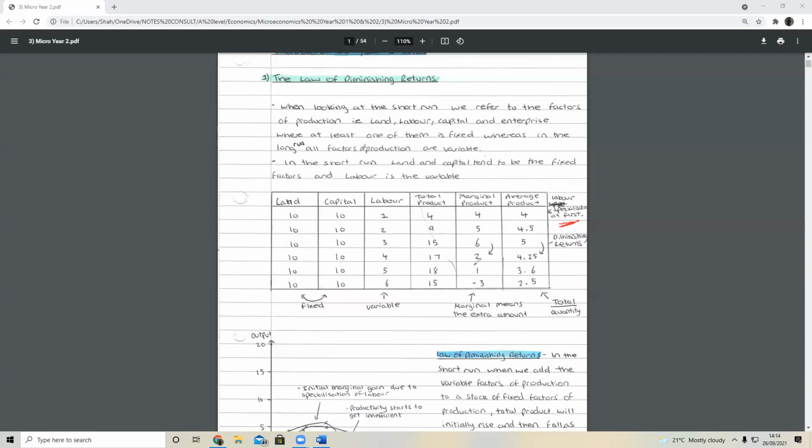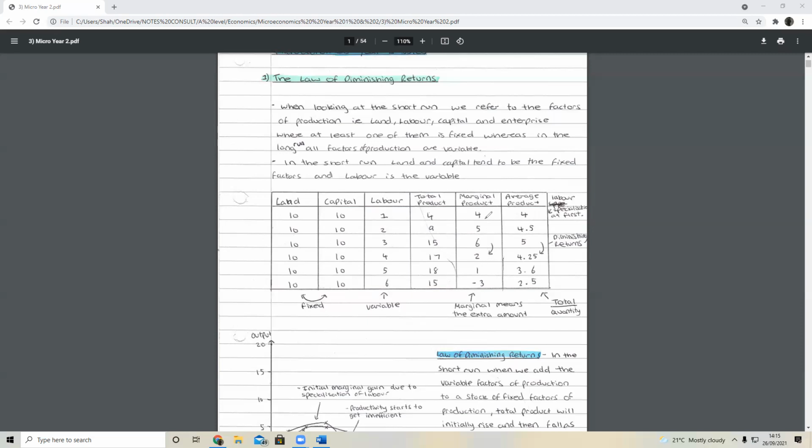The reason is because it's said that when we add a lot of these variable workers, these variable factors to a stock of fixed factors, then it starts to get overcrowded. Think about an office space. Say you have a room and there's people working there, and you keep adding more and more workers into that room. At first when you add the first couple, they're working well together. But when you add too much, it might get overcrowded. They can't be as productive as they could before. And that's why putting too many variable factors of production to a stock of fixed factors may not be good for the long run.